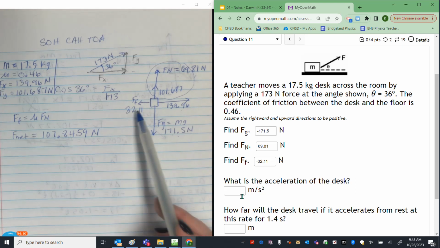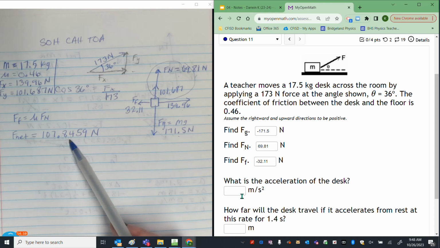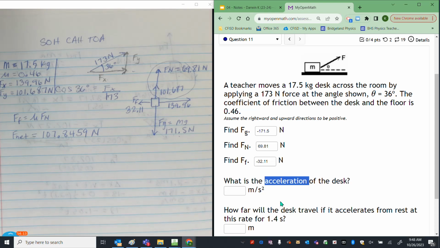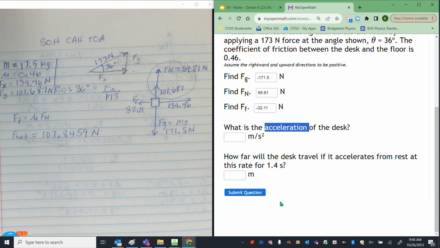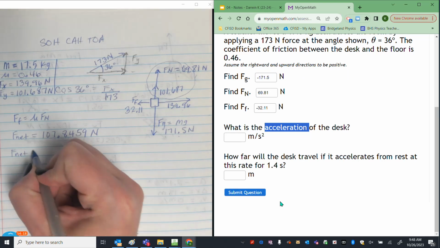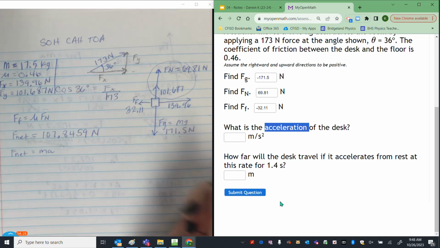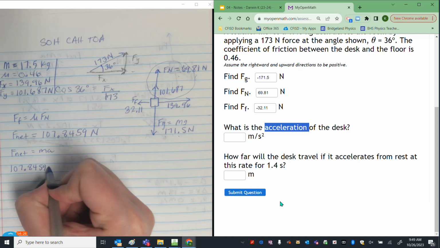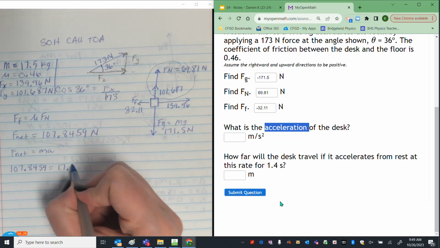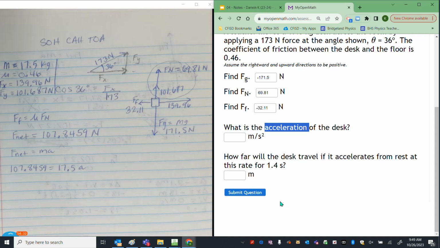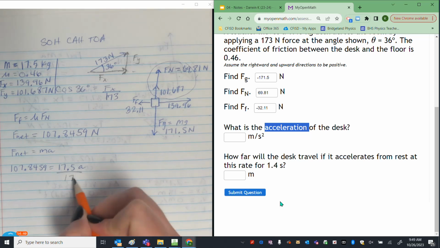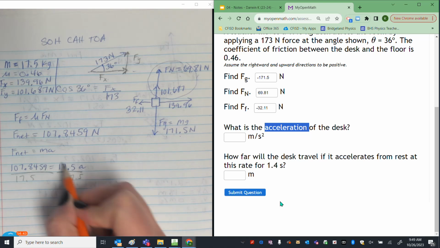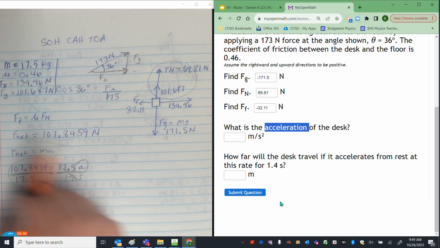I can use the net force to solve for acceleration, because if I want to find acceleration, I have to have net force because it shows up in this equation. F net equals m times a. And so if I plug in, I have 107.8459 equals, the mass was in the question, 17.5 times a. So if I want to solve for the acceleration, I'm going to divide my answer by 17.5. Divide both sides by 17.5. It allows you to cancel over here, and that goes in your calculator, and it's equal to a. The acceleration that I get when I do that is this,